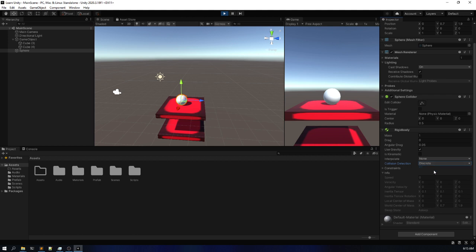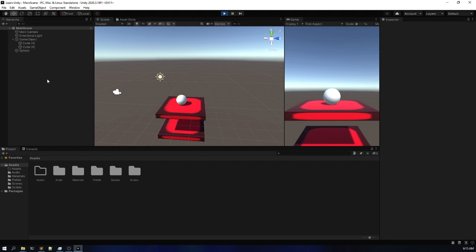So that's the difference, major differences. All right, so we also learned about the very basic physics of Unity. Now it's our time to learn